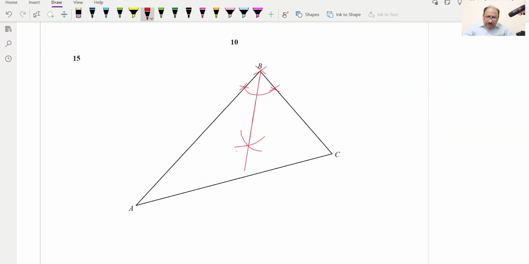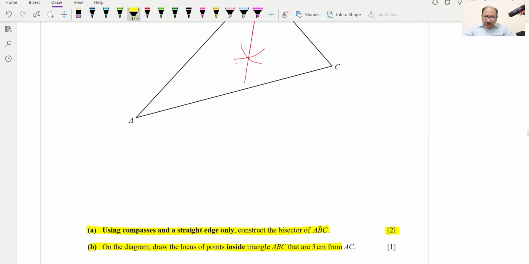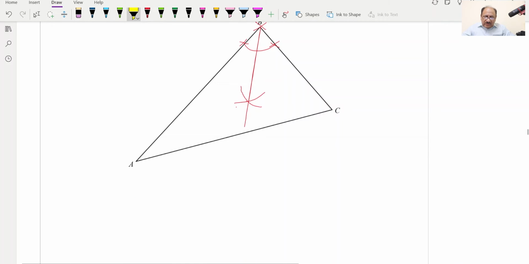And then the second part, B part, they are saying on the diagram draw the locus of the points inside the triangle ABC that are 3 centimeter from AC. So for 3 centimeter from AC, we will have to take 3 centimeter distance from here. We can take 3 centimeter distance over here. I've taken like 3 centimeters, and if I change the color,